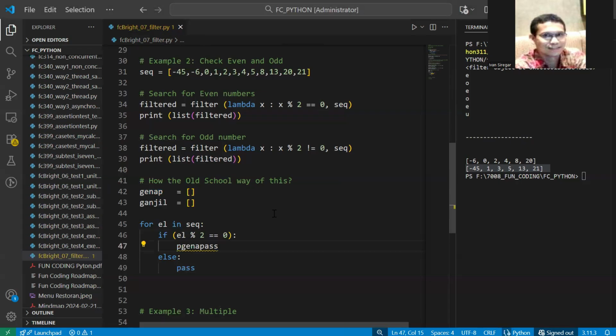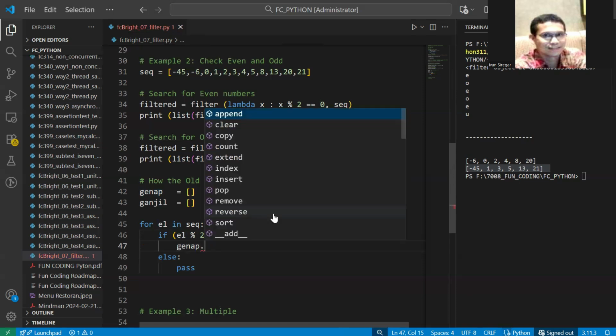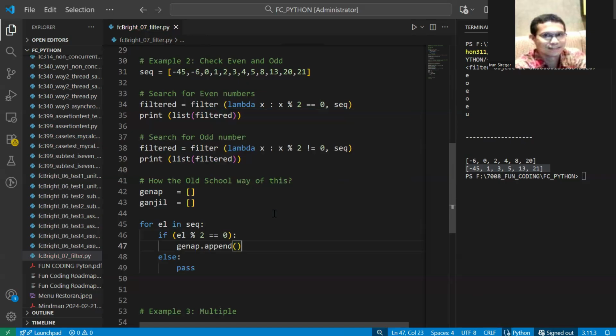Remember again that adding an element to the list is using the append. So you append the element, and for ganjil also, you append the element to ganjil. So it should be like this, but this is a bit long.